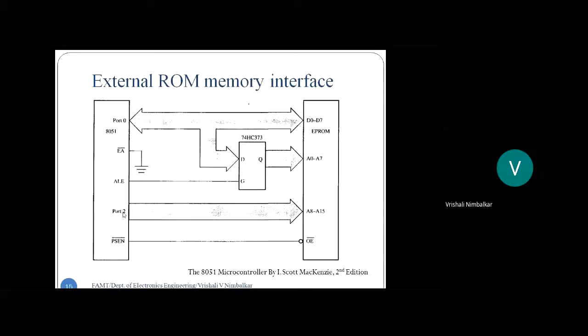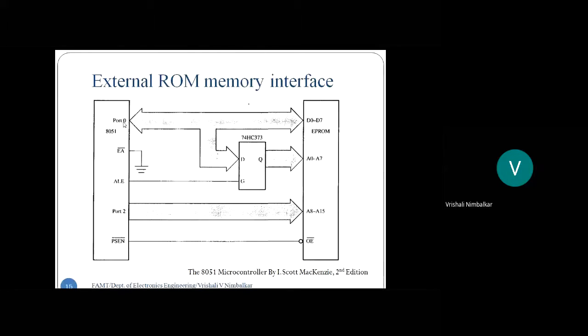So here we have looked at this figure previously. Whenever we want to interface ROM memory to a microcontroller, look into the right hand side. That's EPROM memory. What all signals do we have for a memory chip? There will be a few address lines. In our case, A0 to A15 address lines. So 16 address lines, A0 to A15, 8 data lines, D0 to D7, and the control signal read. It is denoted as the output enable signal, which is read bar. So see, how do we connect?